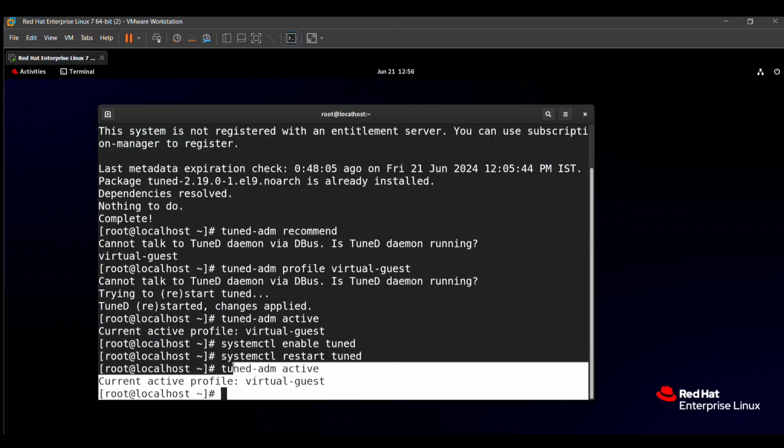Friends, practice these questions again and again in your virtual machine, because I have explained everything which will be asked in the RHCSA exam. The question paper format is the same, with only slight changes, like in the logical volume, instead of 512 they will give 800, and there is nothing else to change in the format. So you can just watch my videos and practice again in your virtual machine, and you will definitely pass with good marks.